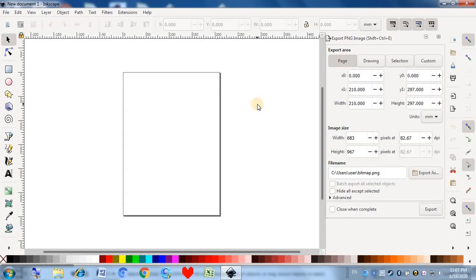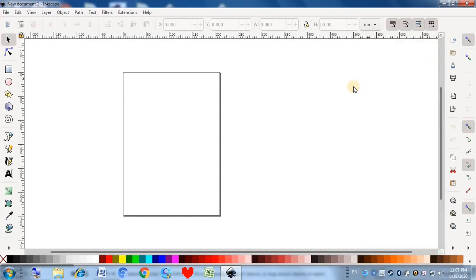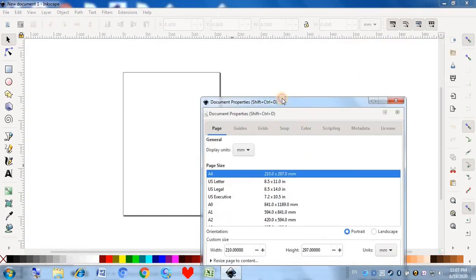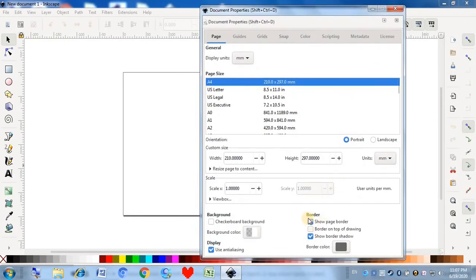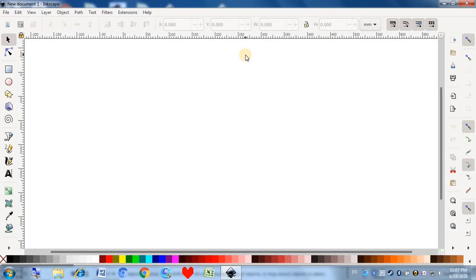Today we are going to learn how to import 3D images with removing background. That was an extra thing I told you about. So now I'm just going to remove this page border. Okay, so what I want to tell is that,